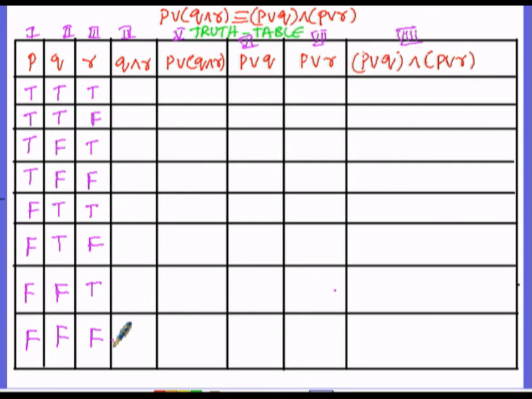So instead of remembering in this manner, the easy way of remembering the 8 possibilities is this. In the first column we have to take 4 true and 4 false truth values, so 4 at a time. In the next column we have to take 2 true and 2 false, and so on. Whereas in the last column we have to take 1 true and 1 false, and so on. So these are the 8 possibilities of the 3 statements, that is P, Q and R. Then now in the next column, that is